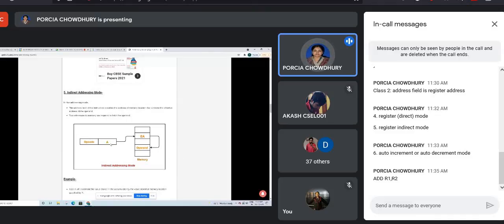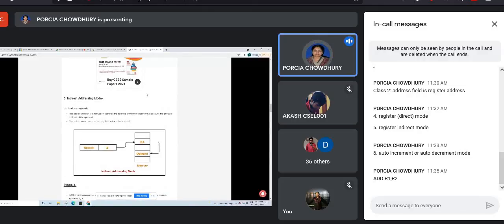In the previous case, directly you can have the value of the operand. Over here, first you have one more address. Okay, first you have to go to that address location, then you can fetch the operand. The address field of the instruction specifies the address of the memory location that contains the effective address of the operand. Previously it holds the operand itself. Over here, it holds one effective address, and you have to go to that effective address to fetch the operand.